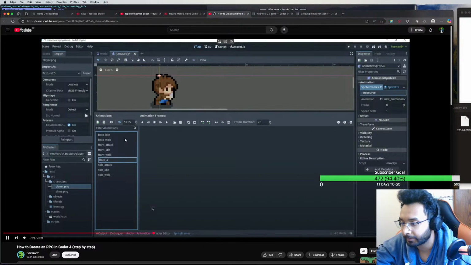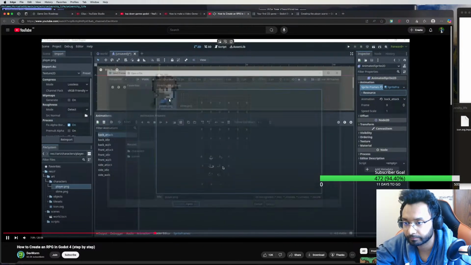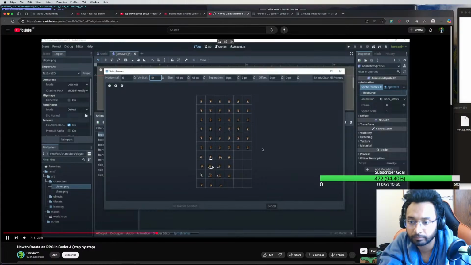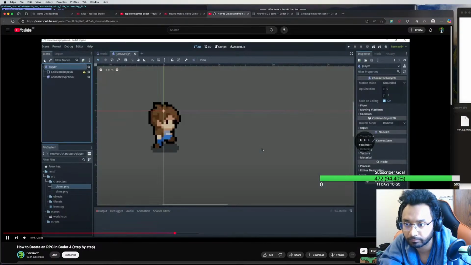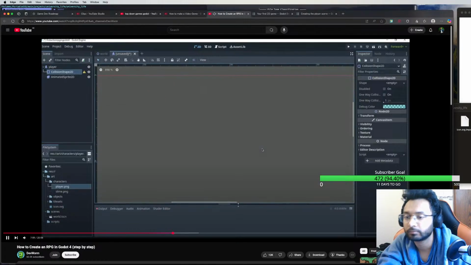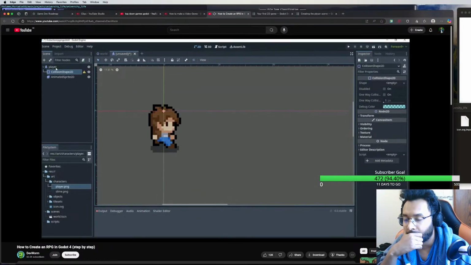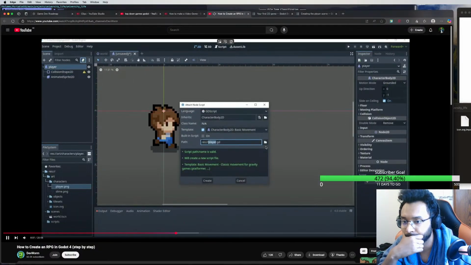And then we have our back attack. And then we go here, we split it up. And this is our back player. We click this little button, animated sprite. We can move this down right here. And we need to create a player script. So we actually have a script for our player. We just click this little button up here, which lets us create a new script, player.gd,